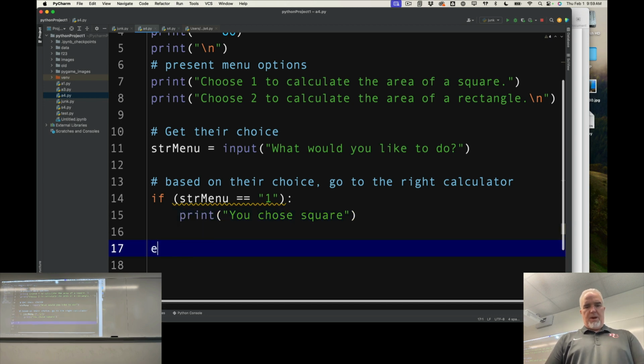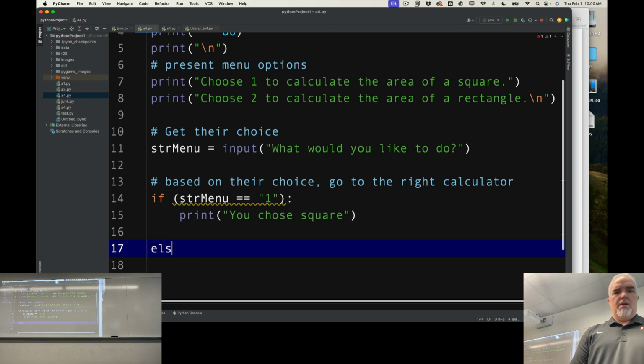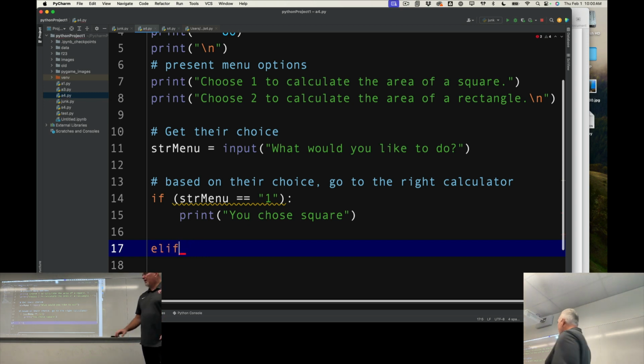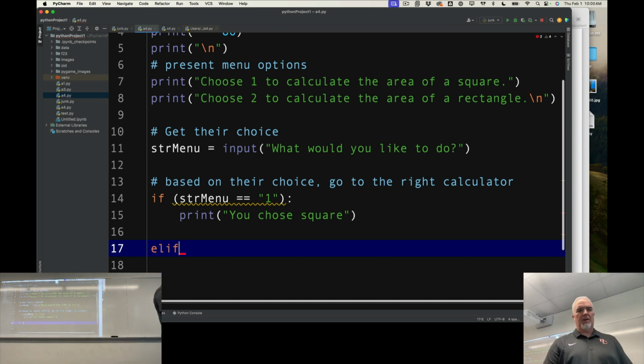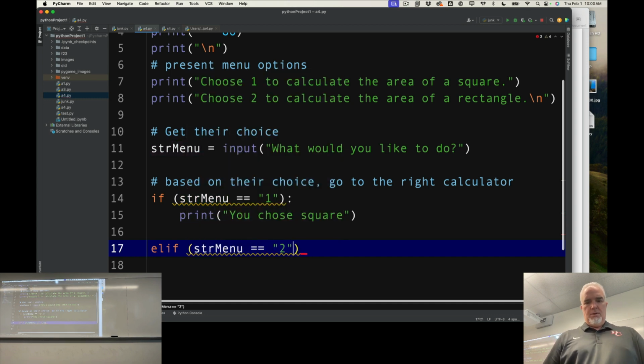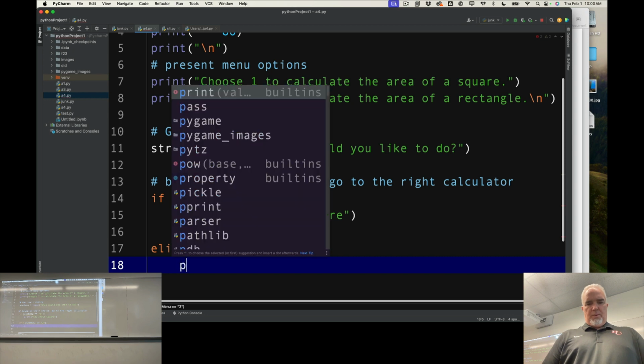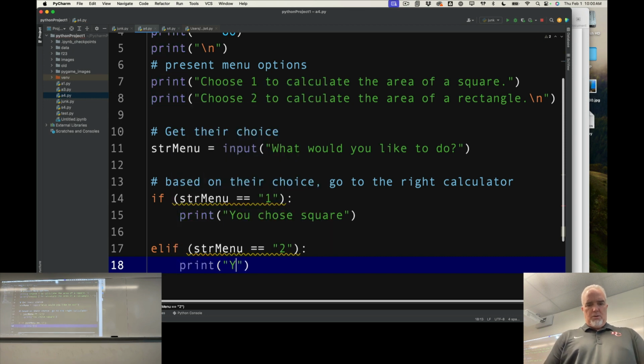and I'm putting code there because remember, if I don't put anything after an if statement that's indented, it's just going to give me an error. So I'm just going to put some text there, giving user feedback for now. str menu equals 2. Then we're going to print you chose rectangle,